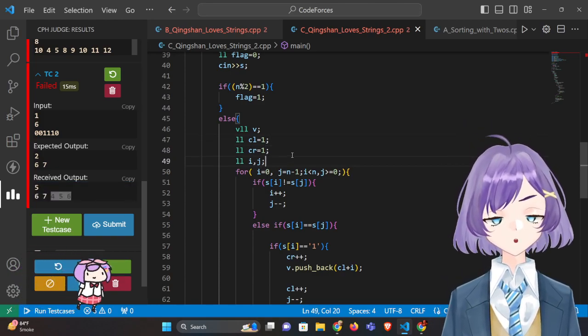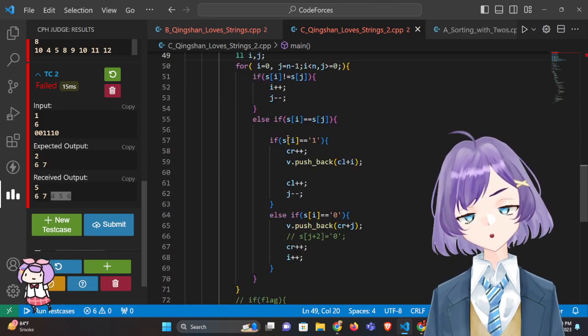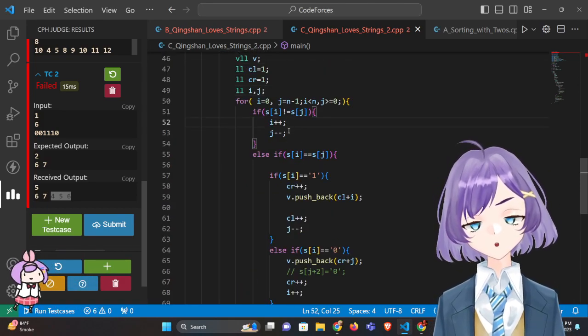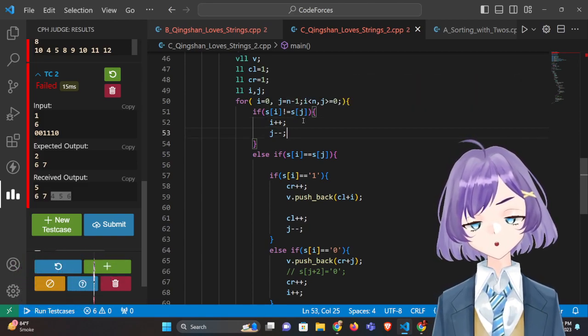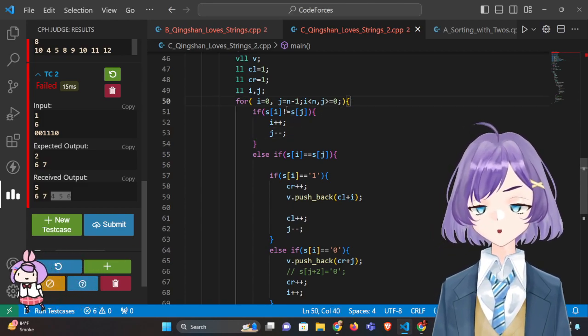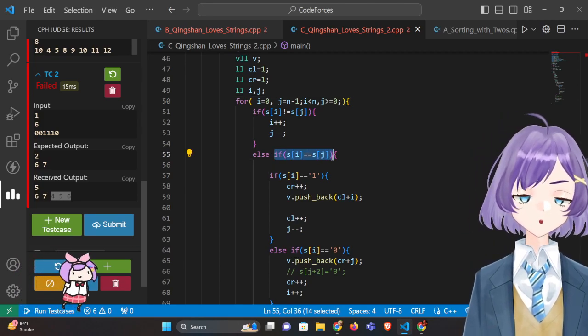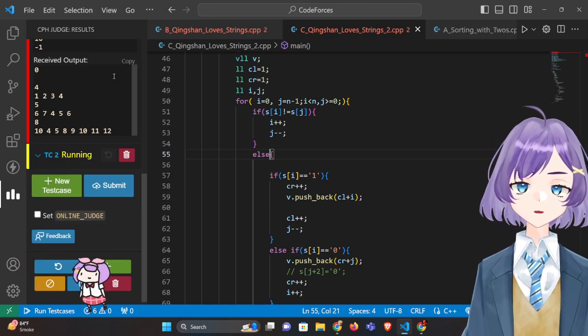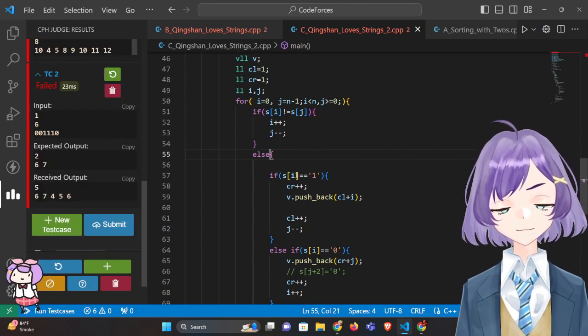I equals to 0, j equals n minus 1. I is less than n, j is greater than equals to 0. If s of I is not equals to s of j, I plus plus j minus minus else. If s of I equals to 1,